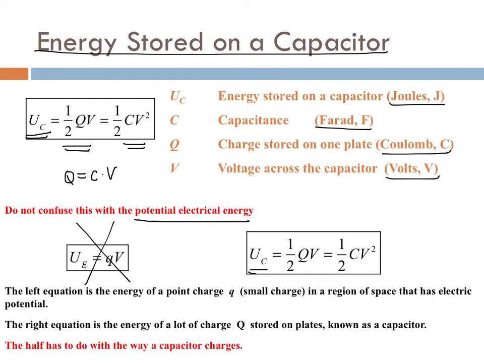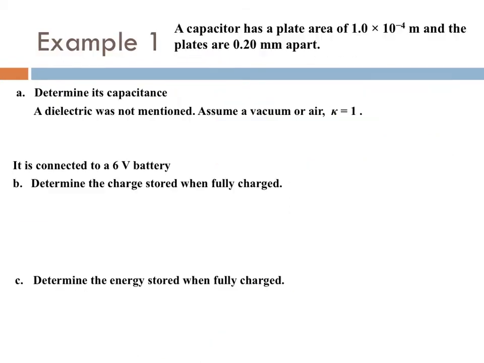Again, this is the energy on a capacitor. This was the energy of a charge in a potential. So let's try this example. We have a capacitor that has a plate of area 1.0 times 10 to the negative 4, and the plates are 0.2 millimeters apart. Again, to make sure that we have that in a number that's useful, we have to move our decimal 3 places to the left, and that becomes